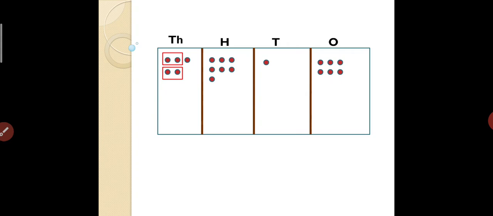2 dots in the first box, again 2 dots in the second box. 1 dot is left there in the 1000 place. In the 1000 place you can see 2 boxes, each box having 2 dots. Why are we making a group of 2? Because the divisor is 2. And 1 is left. You can't make a box because only 1 is there.